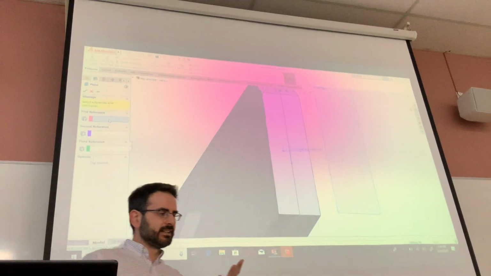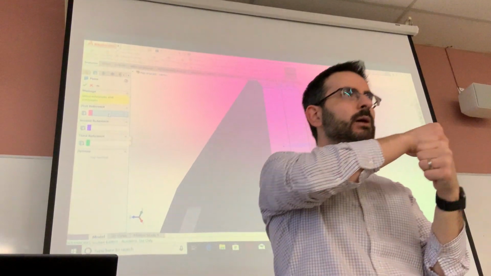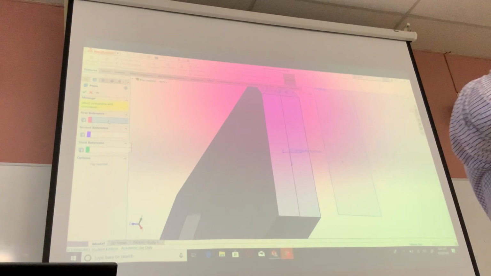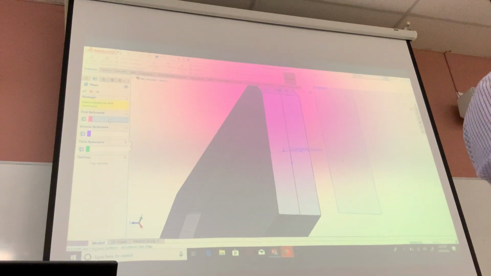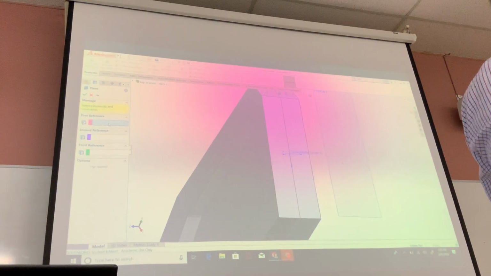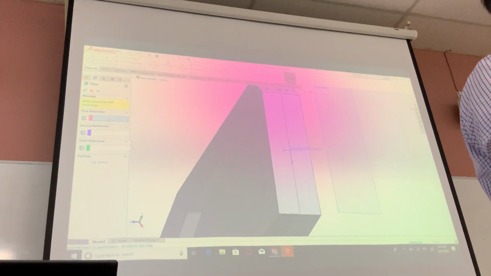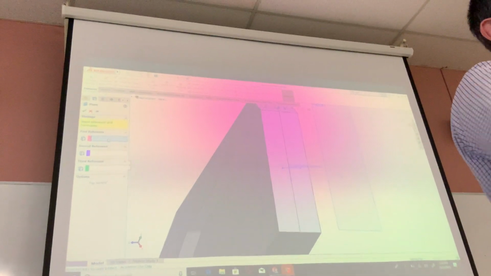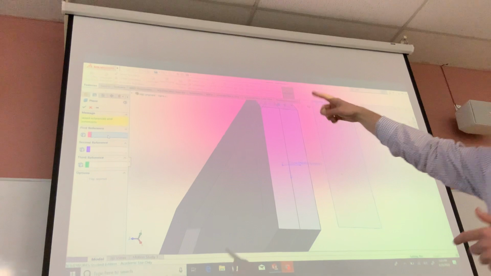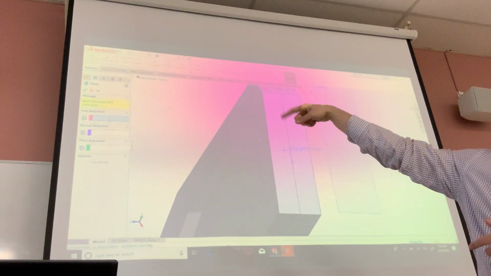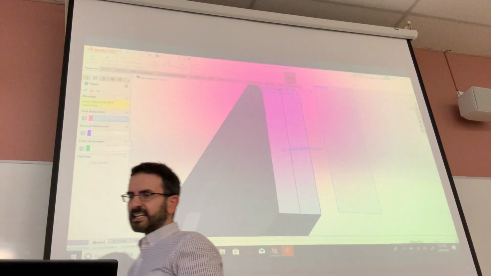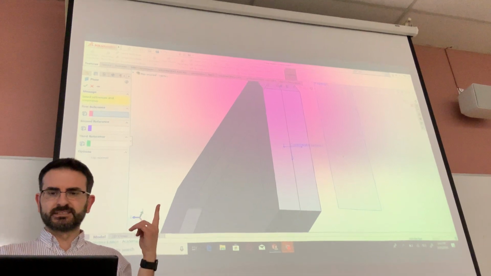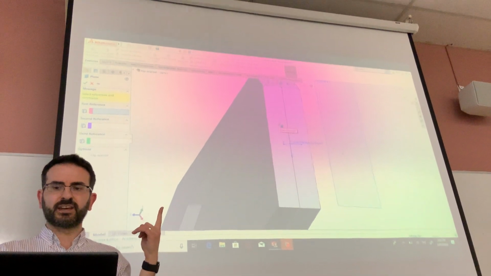Because to create a plane, you can give it either one plane and it makes a parallel plane, or you can give it one line and a point, so that's 2 references, or you can give it 3 points that are not aligned. So depending on what you have, you may have to use 1 or all 3 of those references. Since I have a plane, I just need 1 reference. So as soon as you click on this face,